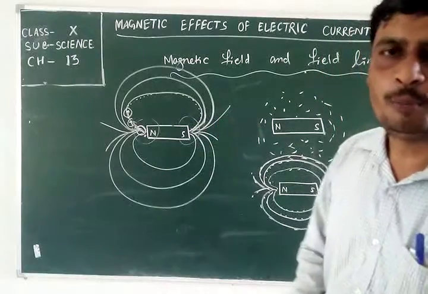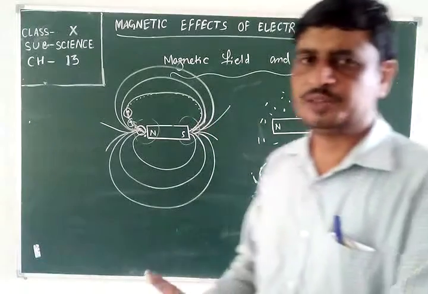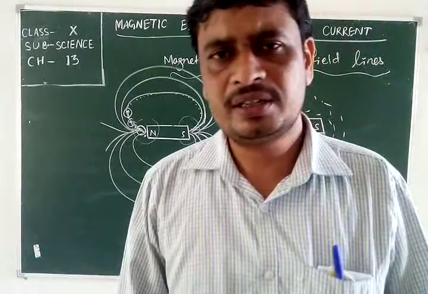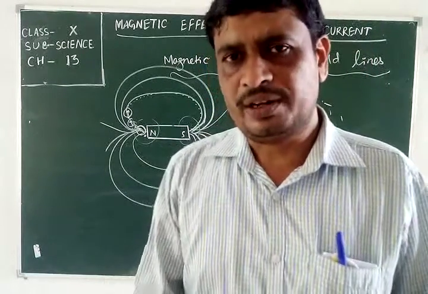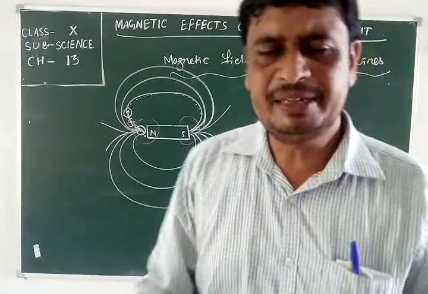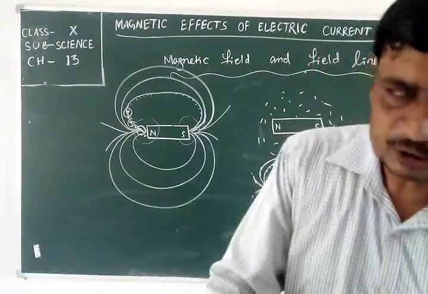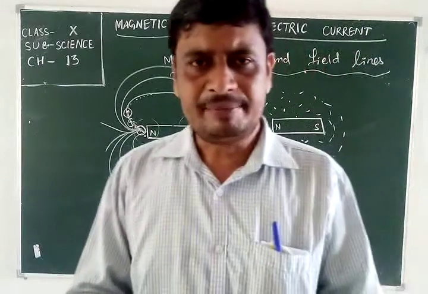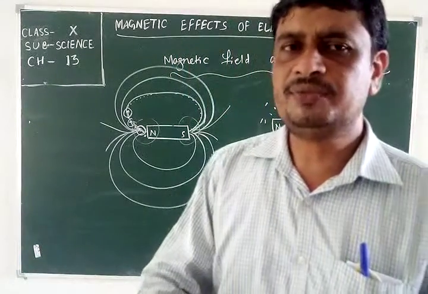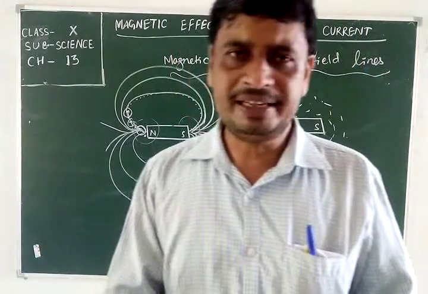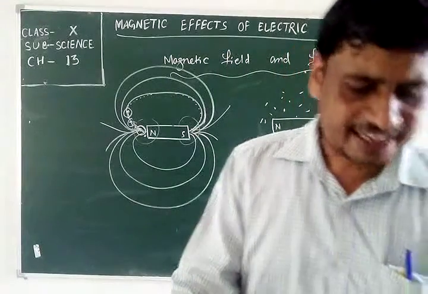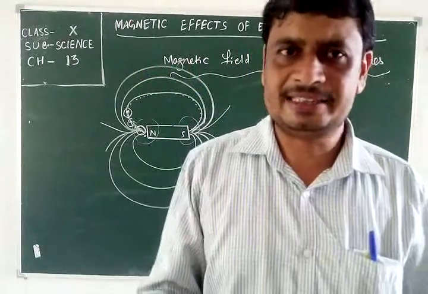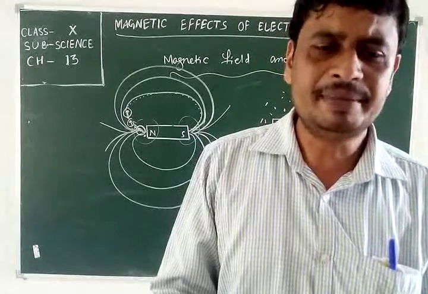In this way, we can conclude the magnetic force will be experienced more at which two places, the north pole and south pole. In the case of a bar magnet, both the ends or both the poles attract more as compared to its middle part. That's why if we place a bar magnet on a heap of iron filings, then we will observe iron filings stick more on both the ends as compared to its middle.